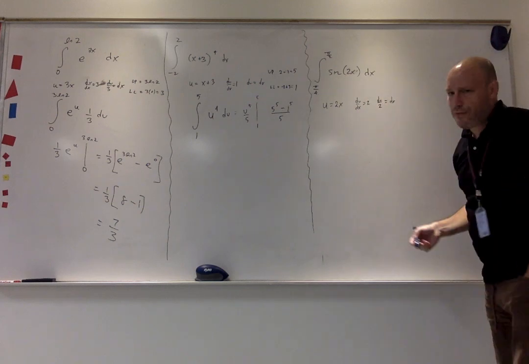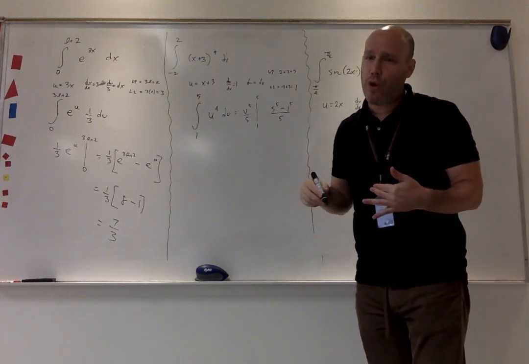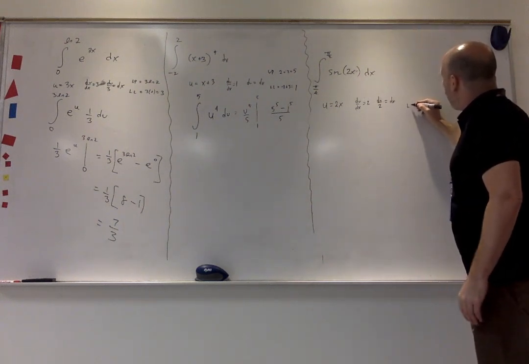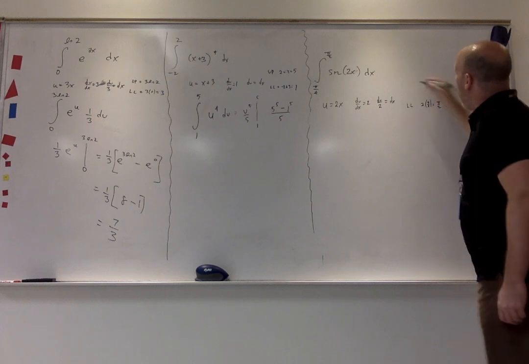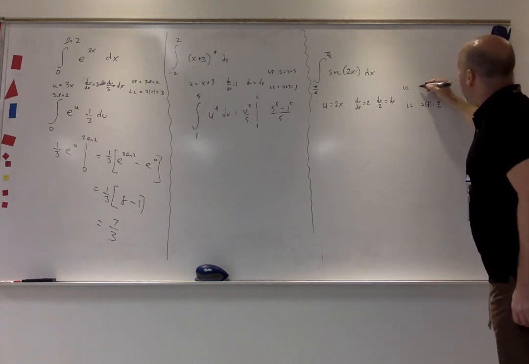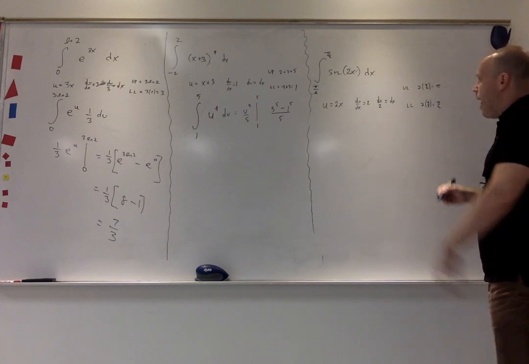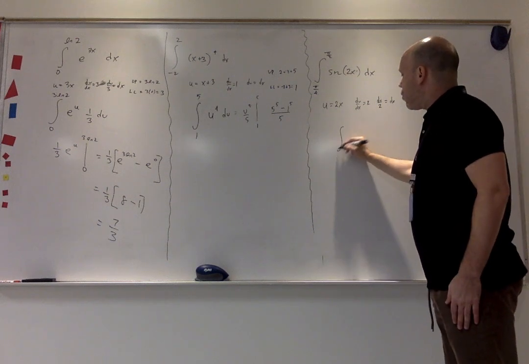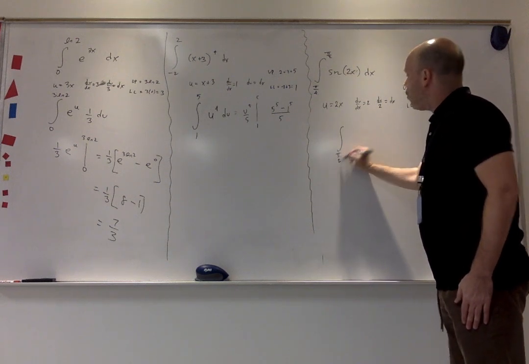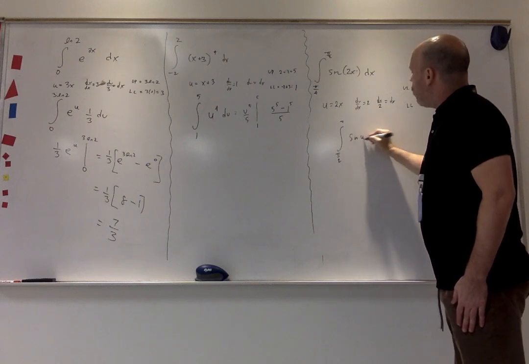And now let's transform my lower and my upper limit. Let's bring everything into the world of u. So my lower limit is 2 times pi over 4, which is pi over 2. And my upper limit is now 2 times pi over 2, or pi. Let's rewrite the integral in the world of u. It's the integral from pi over 2 to pi of sine of u,